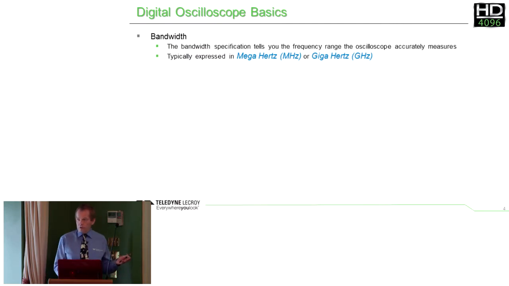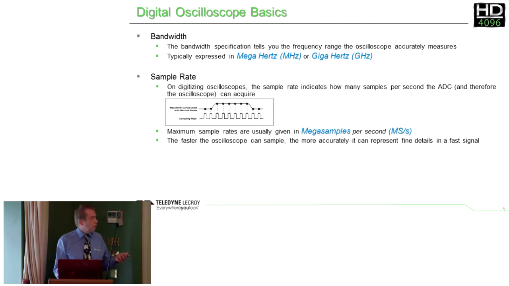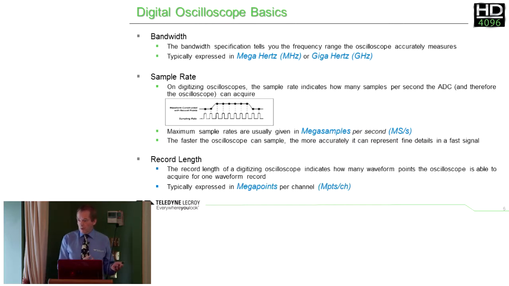So, a couple of scope basics. There's lots of different things which are talked about. There's bandwidth, and the market has developed scopes with very, very high bandwidths, 65 gigahertz and beyond. Same with sample rate. There are now sample rates out there in the hundreds of gigahertz. And when we look at record lengths, we now have acquisition record lengths in the mega points,